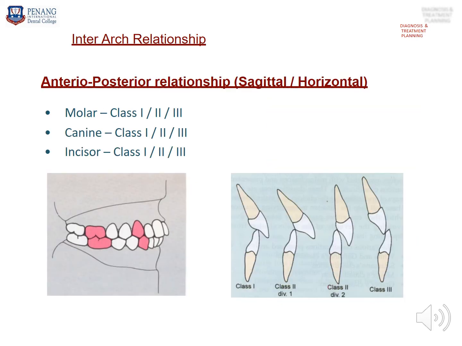Okay, after you're done checking the soft tissue, the hard tissue, and the maxillary and mandibular arch, only then do you ask the patient to bite properly, and check the inter-arch relationship. What you need to check is the incisor relationship, the canine relationship, and the molar relationship, whether the relationship is in a class 1, class 2, or